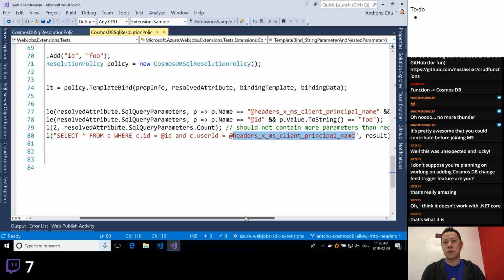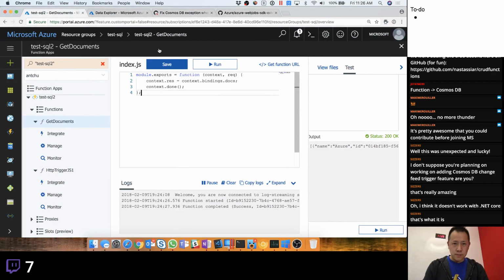If you're actually in the portal and you've set your functions runtime to 2.x, and you're trying to create a Cosmos DB trigger or even an input binding, I believe that's right now not in the templates, but I could totally be wrong. I haven't tried it. So, the chances are that's coming. And another thing that you're going to see here